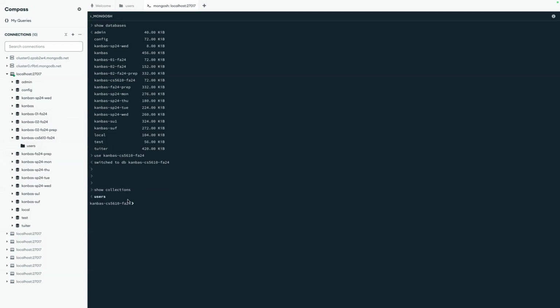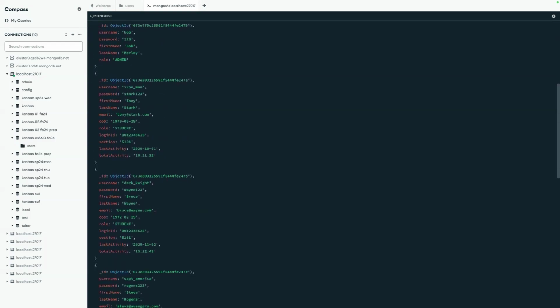Right now, you only have the users collection, right? You can interact with that collection. You can say db dot users dot find, and retrieve all the records. You can also update, insert, delete using the command line. Not that you're going to need to, but it's useful to also be able to interact with it